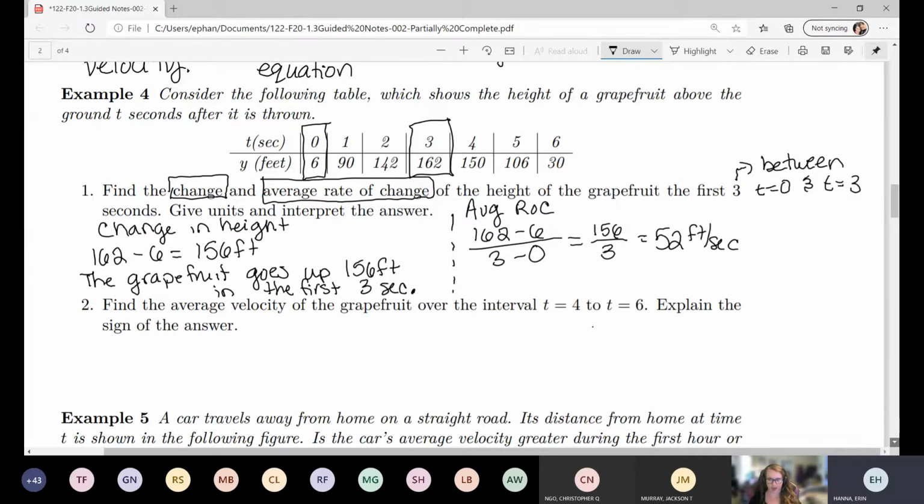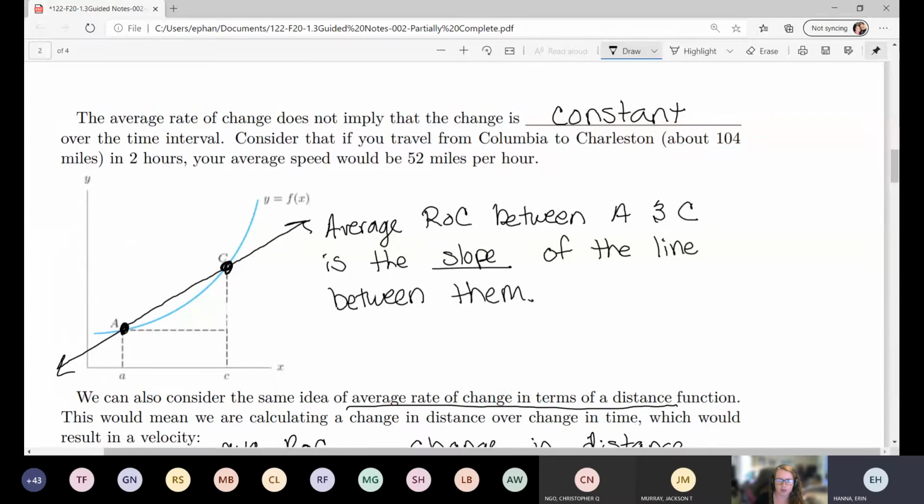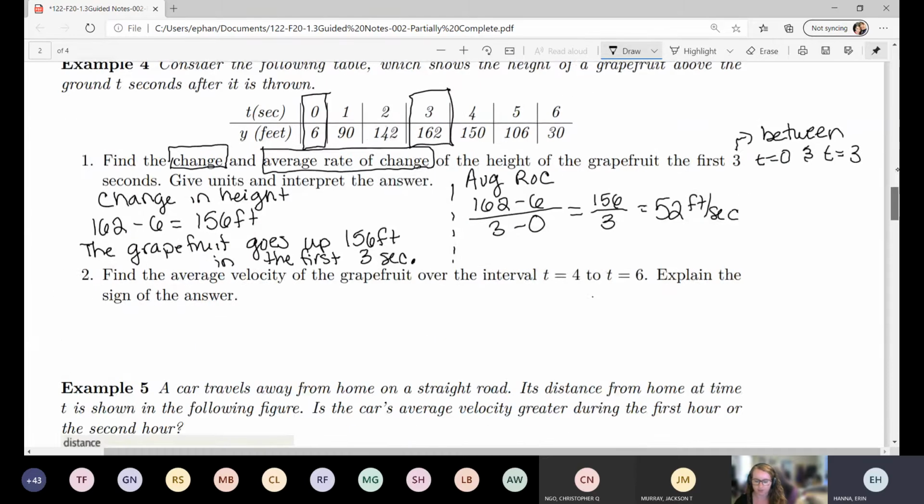And now we want to interpret that. Let me scroll back up really quick to remind ourselves of something we talked about the other day. I'll scroll back down in just a second. Remember, the other day we said that the average rate of change isn't telling us exactly what's happening. It's telling us that on average, what's happening in that time interval. It's not telling us that we're going exactly that much for exactly that entire time. So when you want to interpret the average rate of change, again, you can interpret it as a slope. But in this case, it's kind of easier to say something like on average